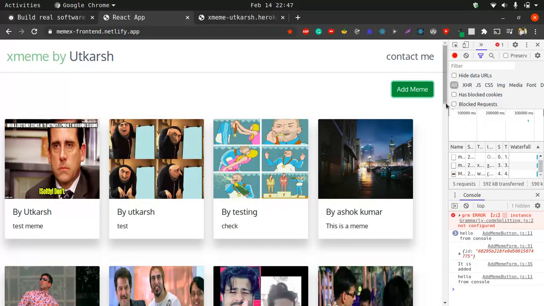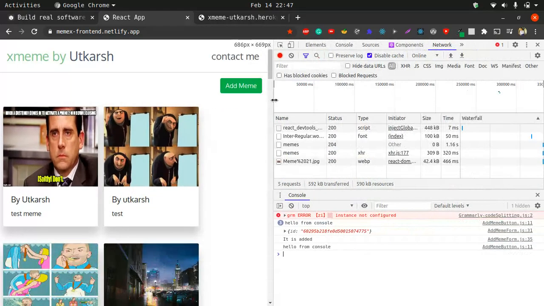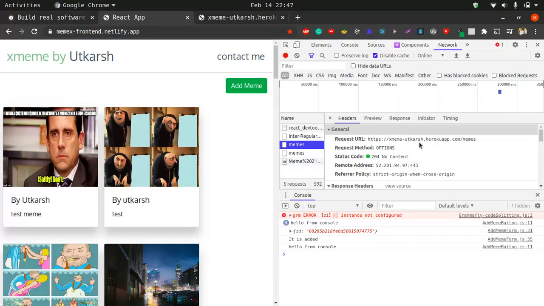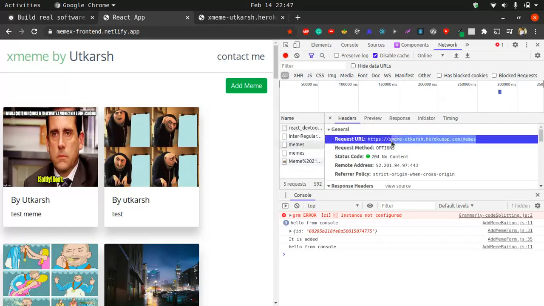I want you to check the network tab. As you can see, it is requesting the backend, which is deployed on the Heroku app. This is the backend URL.